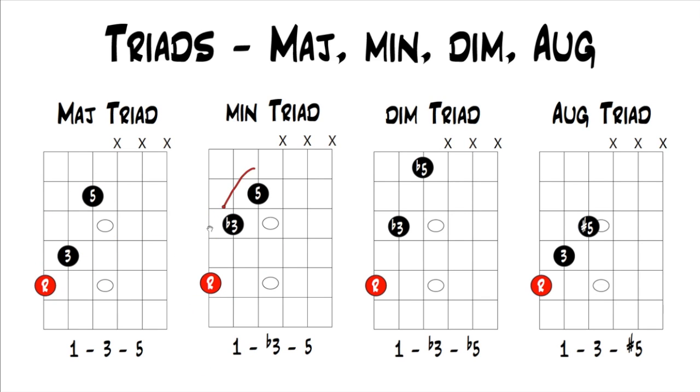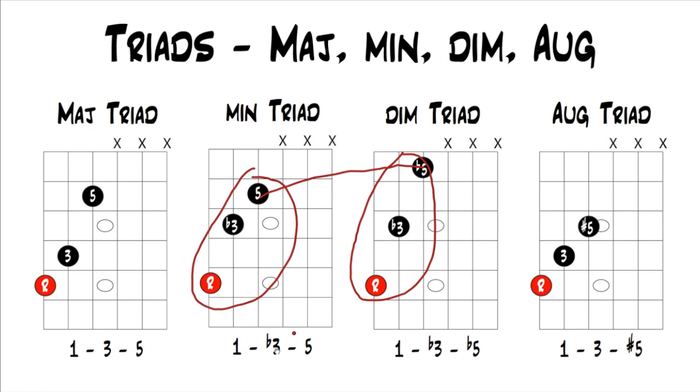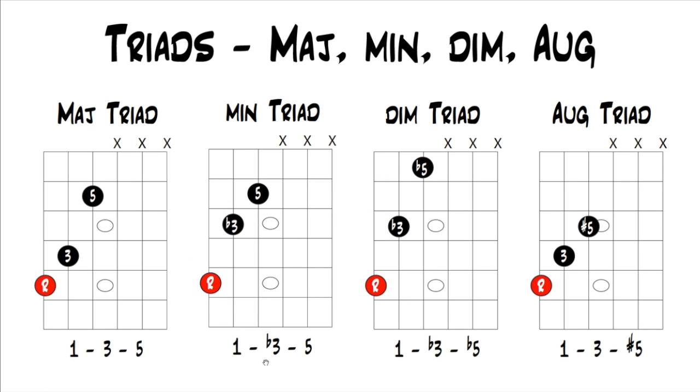And then a minor triad and a diminished triad, the only difference is the fifth. The fifth of the minor triad moves down 1/2 a step to make it a flat 5. Then for the augmented triad, if you look back at the major triad, the only difference is the fifths again, and that's that the 5 is raised 1/2 a step of the major triad to make it a sharp 5